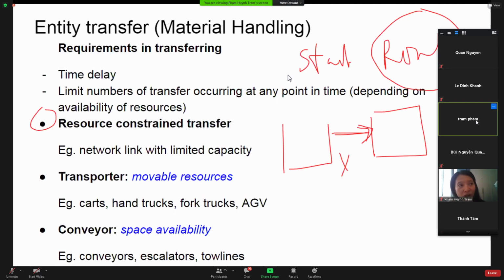So the vehicle will go in a fixed route. There's a rail for it. But the car and hand trucks or the forklift are kind of free paths. There's no fixed path for it, so it can take any path in the factory or in the warehouse. And all of these types of transporter are moving,